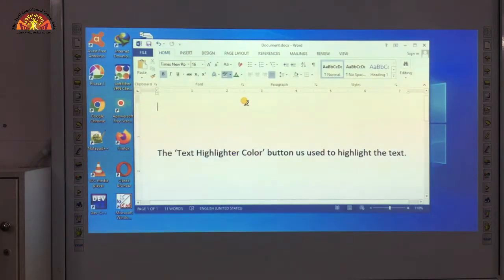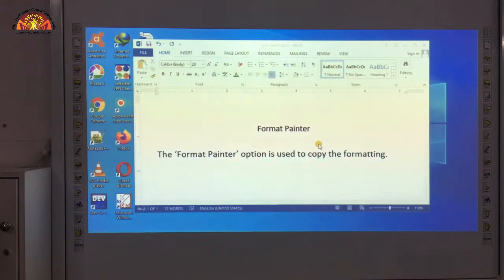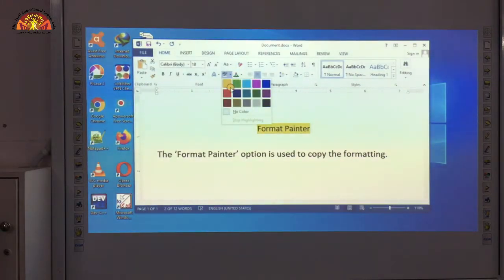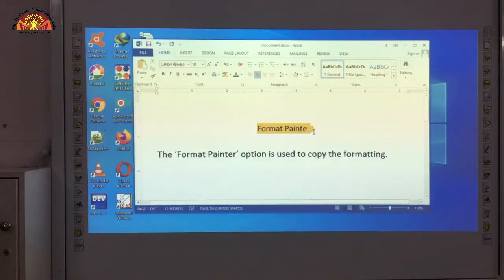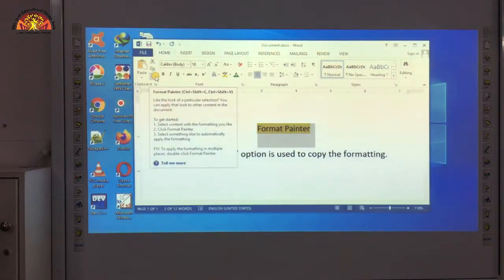Okay students, now we will move to our next practical. In this practical we will see how to copy the formatting. Okay, so here first we will apply formatting on the text. I will apply some highlight color here. So I have made this text highlighted. Now select this text and click on the format painter option to copy the formatting of this text. Okay, click on it,